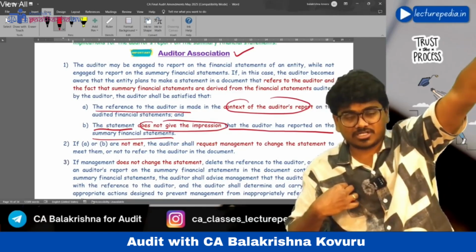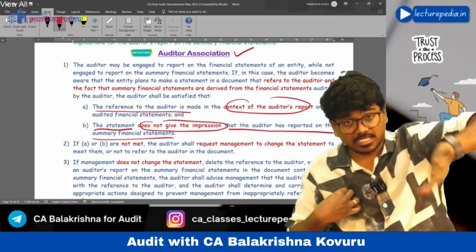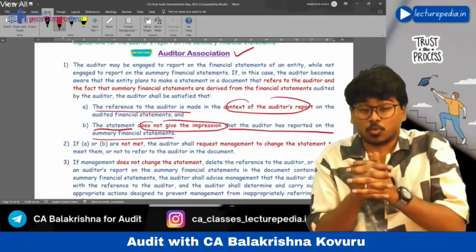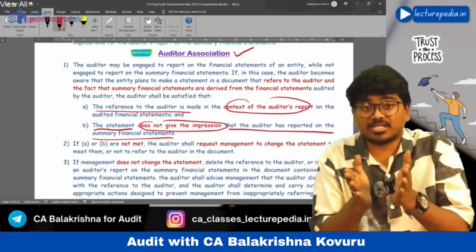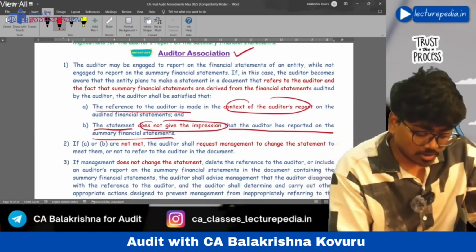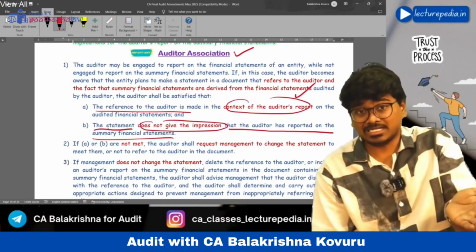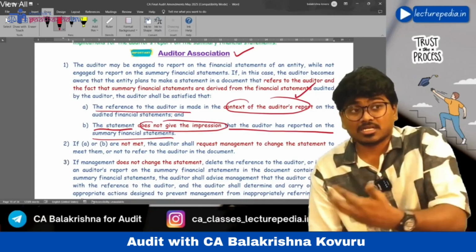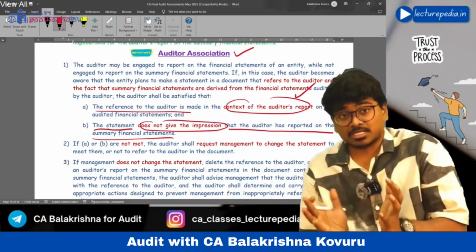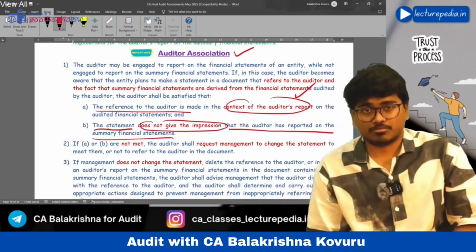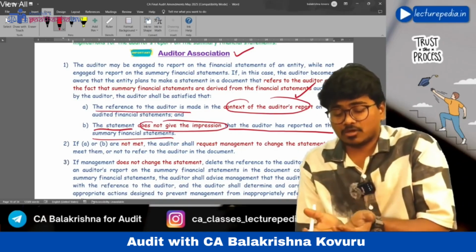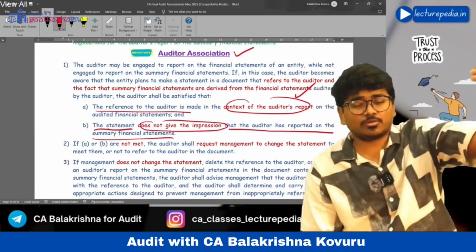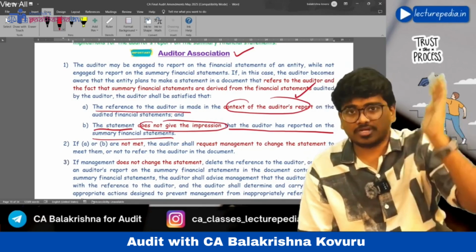If management wants to refer to the audit conducted by the auditor on the complete set of financial statements, then such a reference can be made only if it is made in the context of the auditor's report and does not give an impression to the users that the same auditor has audited the summary financial statements also. Because actually the auditor of summary financial statements is different from the auditor of the complete set of financial statements.